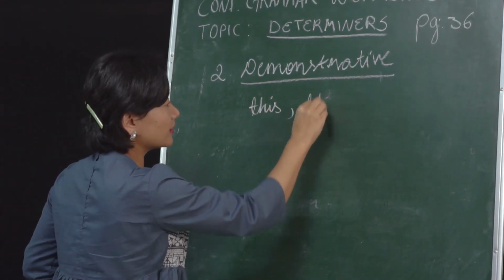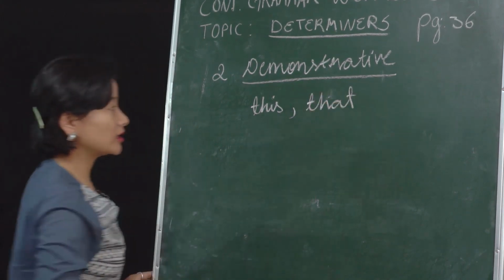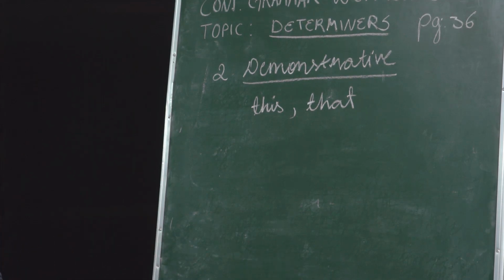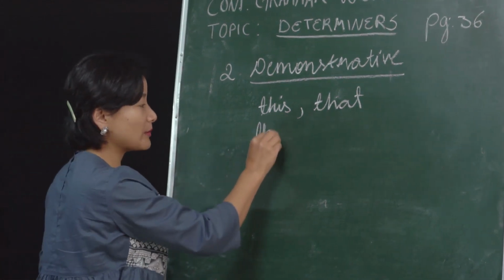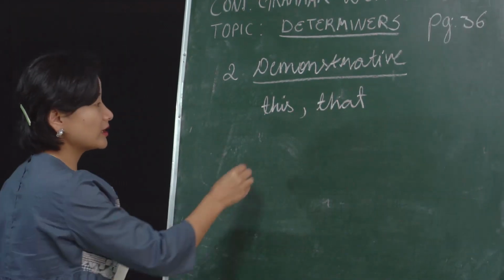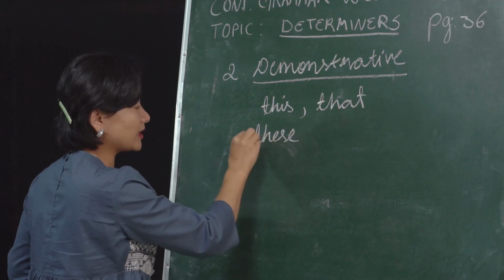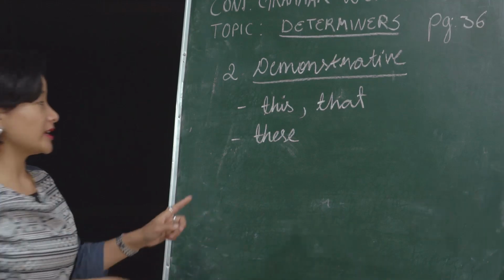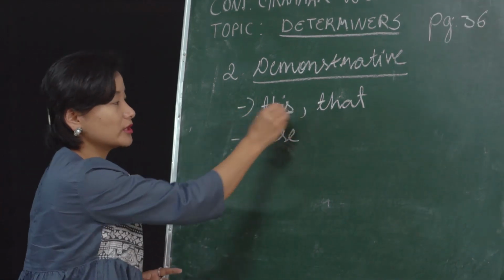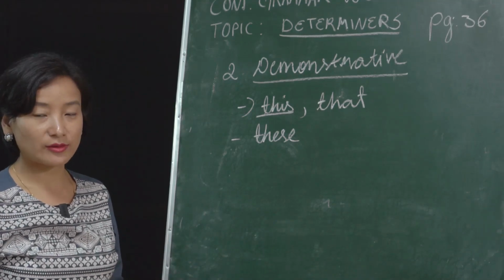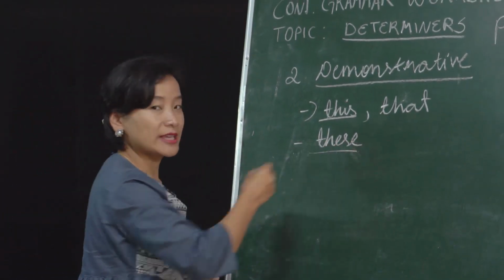This, that. Let's take a look at these two demonstratives. This board, all right, or that book. This board or that book. Okay, now we also have plural here. Remember, the plural of this, these. So plural of this is these, all right? And see, if I use the demonstrative word this, from there you can tell that we are talking about a singular subject. So remember, number, okay? Or if I use these, okay,